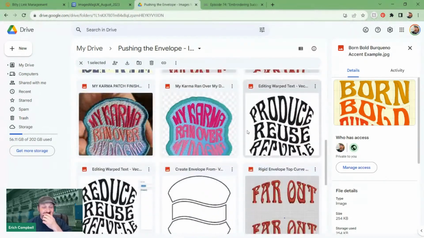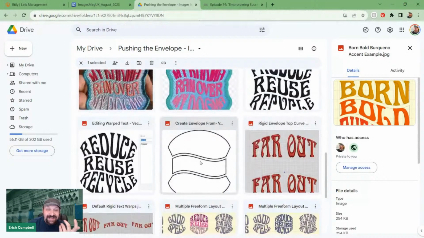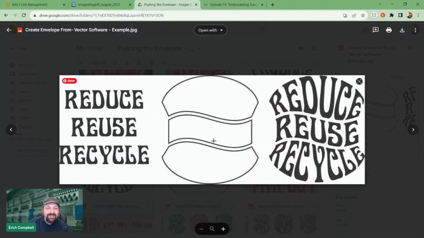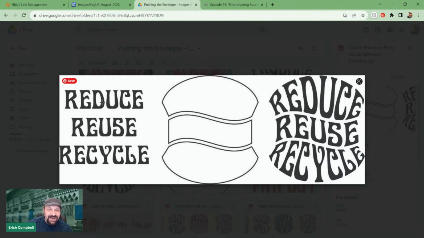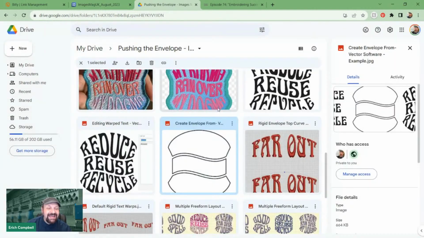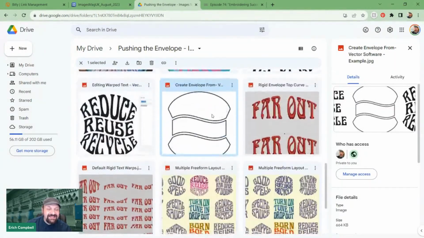But the thing to remember is it's also entirely possible, and I'll show you guys, if you're in CorelDRAW, we have this same possibility here where I use those same shapes. In fact, I exported these out of my embroidery software as SVGs. You can use your TrueType fonts, grab those, throw them into envelopes in CorelDRAW or any of your Illustrator-type vector software. And then you start from these and digitize on top of that,